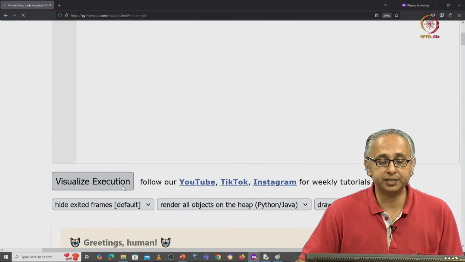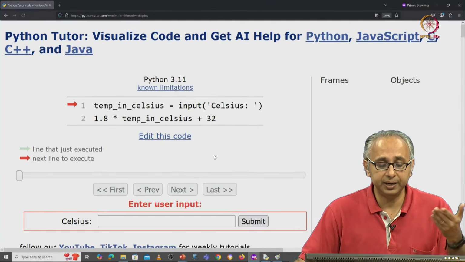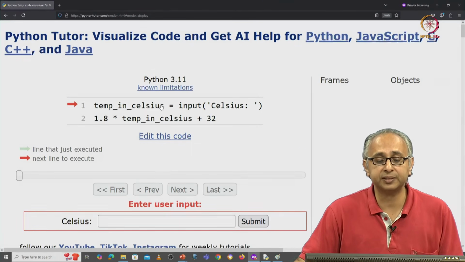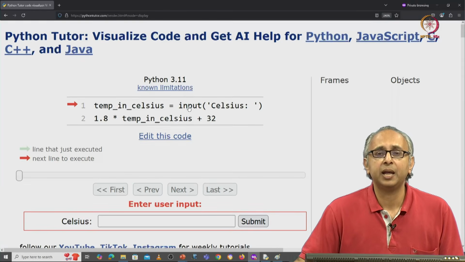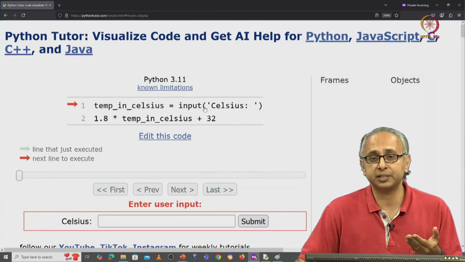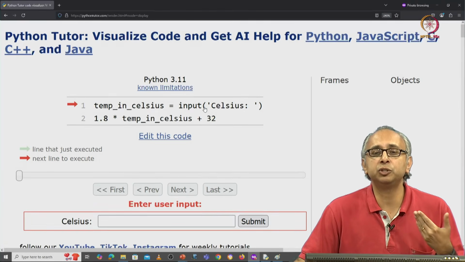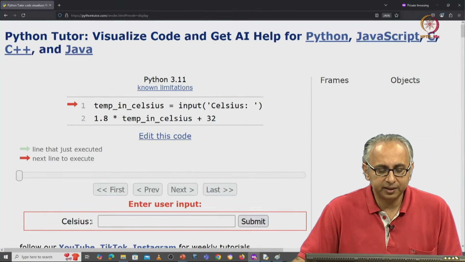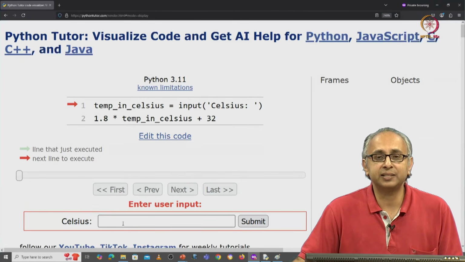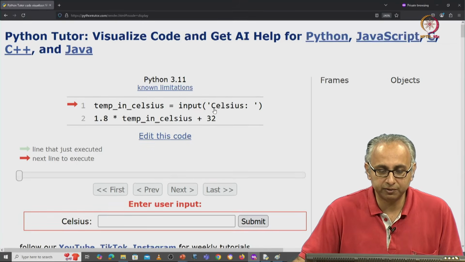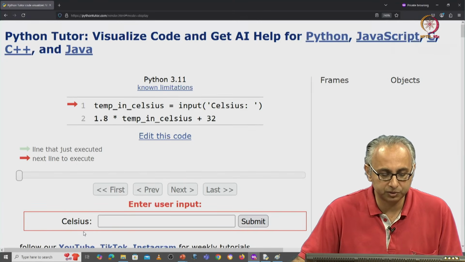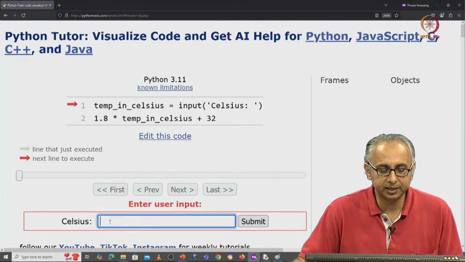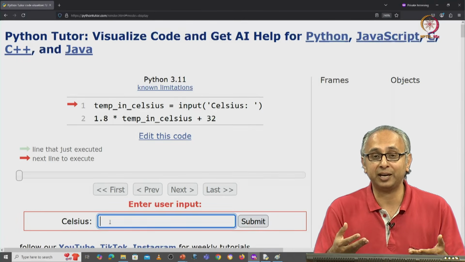So I click on Visualize Execution, and it is ready to run the assignment statement. Now, the way an input function is called in Python Tutor is slightly different to what you will see in the REPL. Here, it actually prints out this nice text box. The string that was given, "Celsius: ", is written over here. And here, there's a little text box which I can interact with.